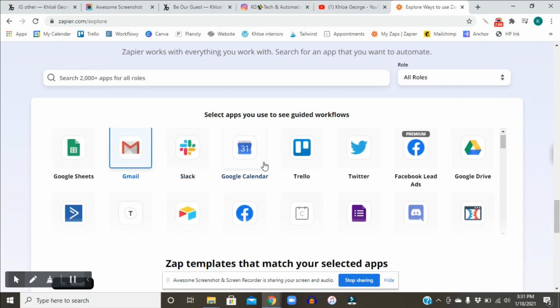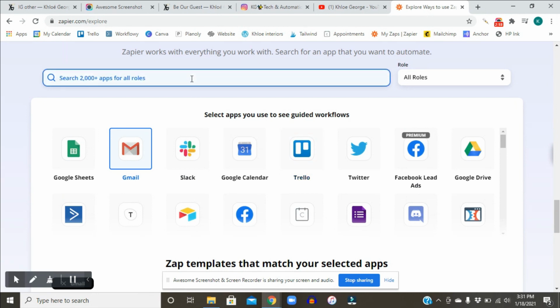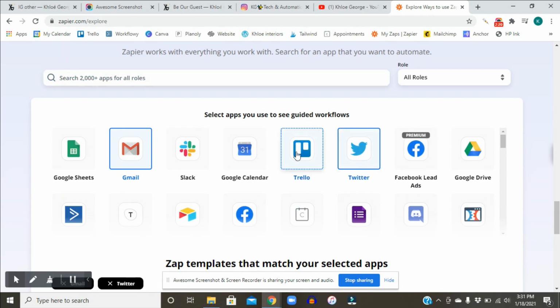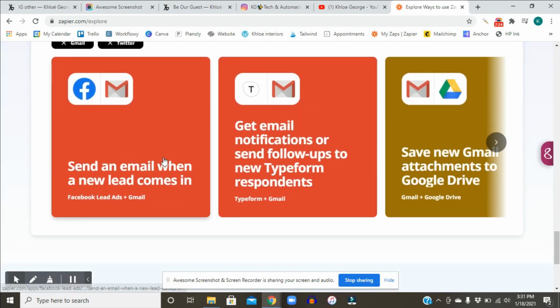I'm not sure why it's doing anything. Okay, so let's say Zap and Trello. Let's see those both together. I'm not sure why they're not clicking. Okay, so